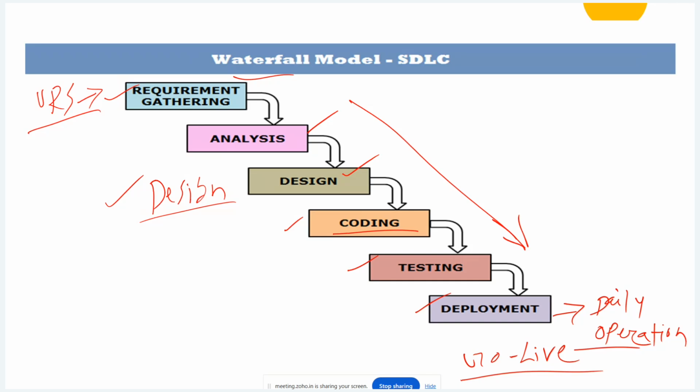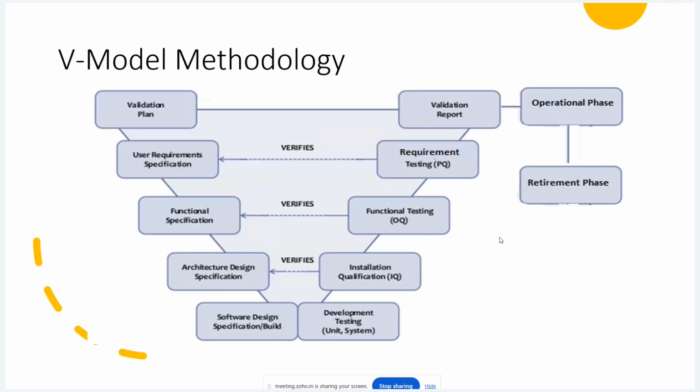In the same manner, the V model is also there. One side is the same as a waterfall, where we prepare the validation plan and user requirement specification. The regulated industry will provide the URS. Against that, the vendor will provide the FS, mentioning that the software will have this functionality. All the functionality will be mentioned in the FS. Once you are okay with the functionality,